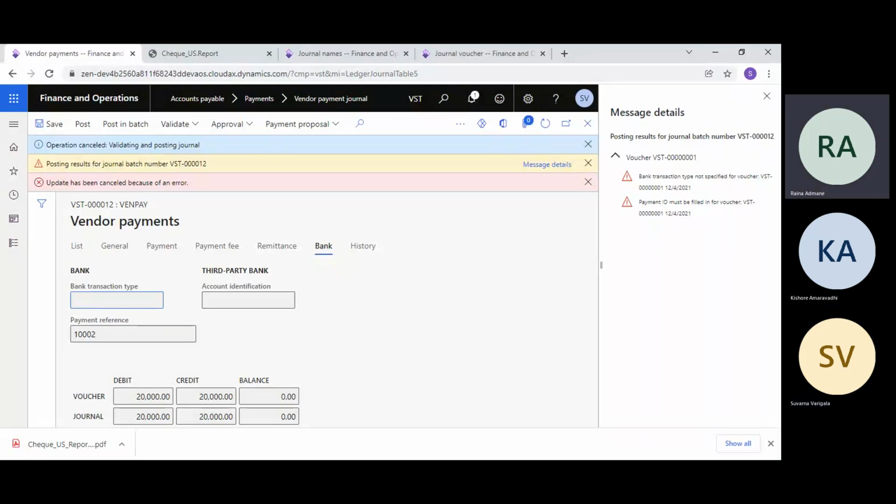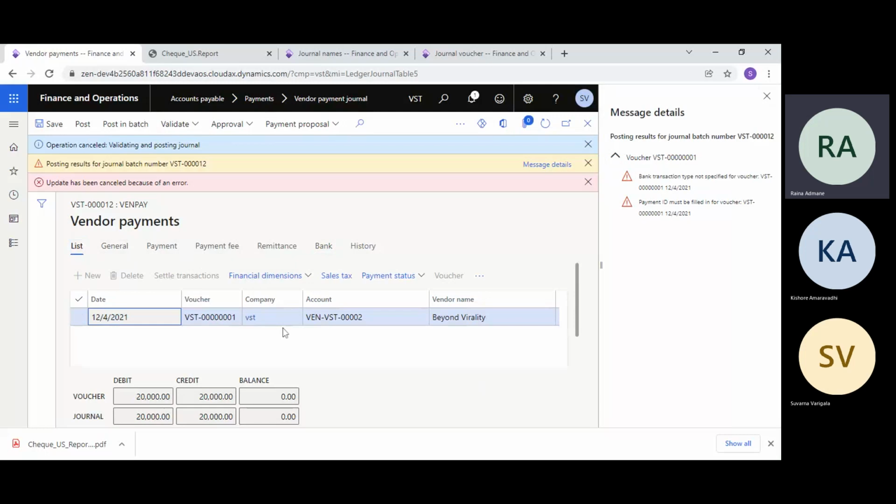That's why, with check printing, we need to be very sure before we run the payment proposal and generate the payment checks. Sometimes people don't use the mandatory fields. Just try to go to the list and it's not allowing, right? It's asking for the bank transaction type.